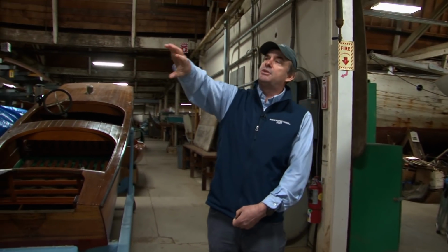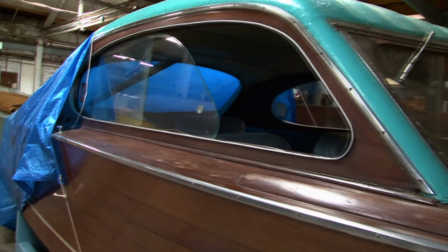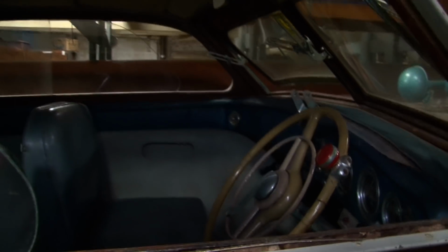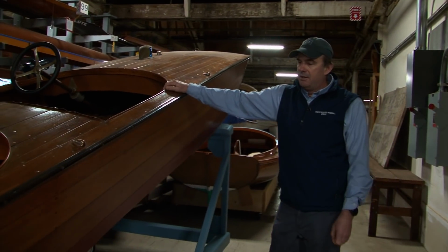A couple of Chris-Crafts we have covered up right now, actually partially covered up. This is a 1957 sedan model Chris-Craft. We recently had this out in our Streamline exhibit last summer, if anybody saw it. A rare model Chris-Craft designed to look like a car of the era. Another boat that was just on display last summer is our Built-in West Mystic. This is a